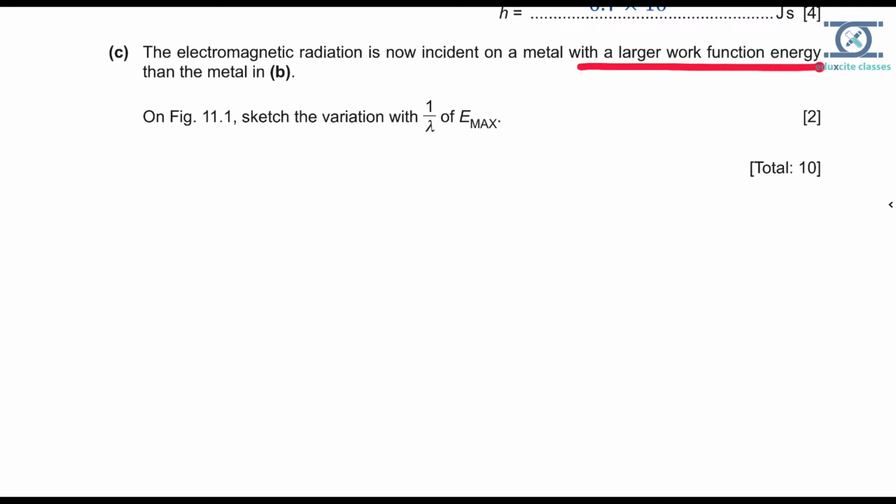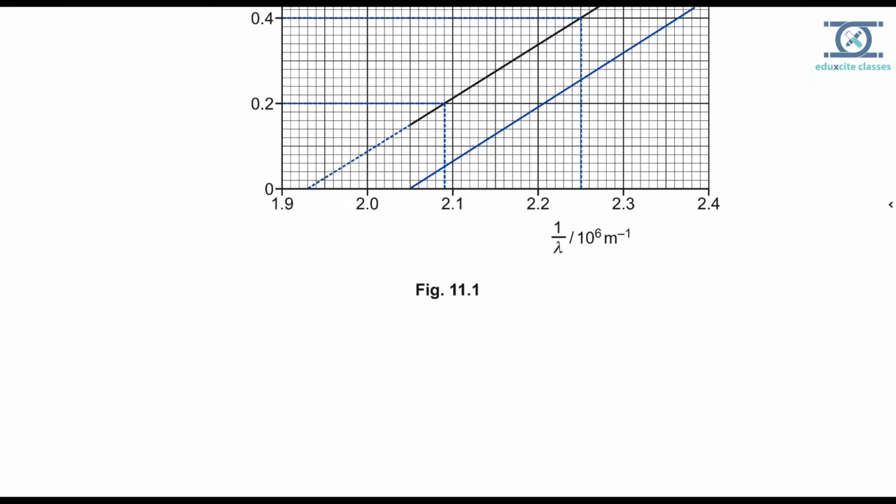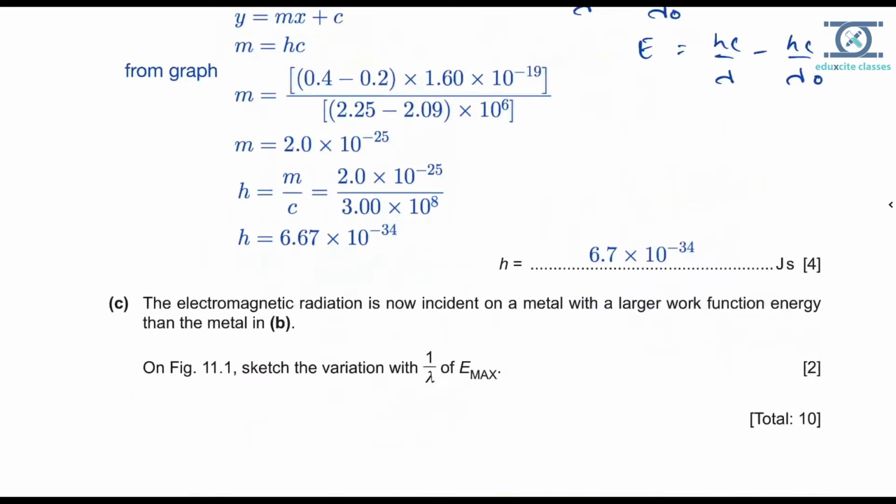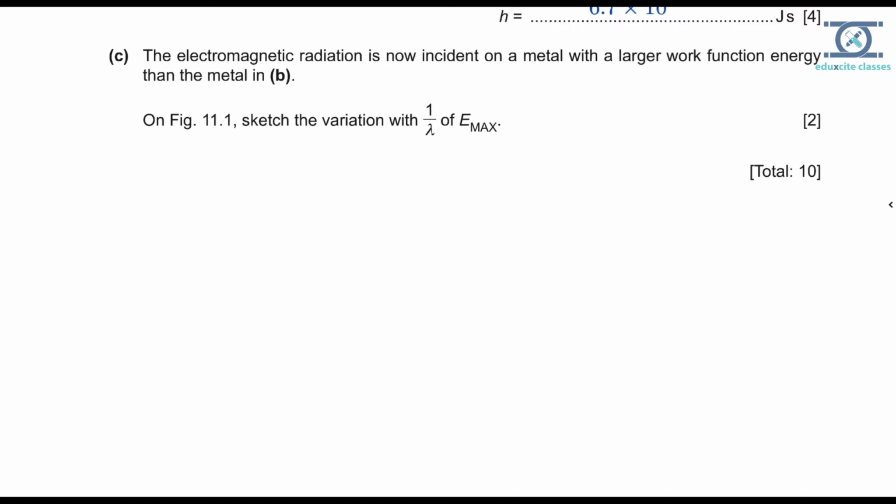Now the C part. With a larger work function energy than the metal in B, sketch the variation if there is a larger work function. So what will we do? There will be a line which will be parallel to the given line, but the point will be slightly greater, because it is having a larger work function. What does a larger work function mean? Which means the